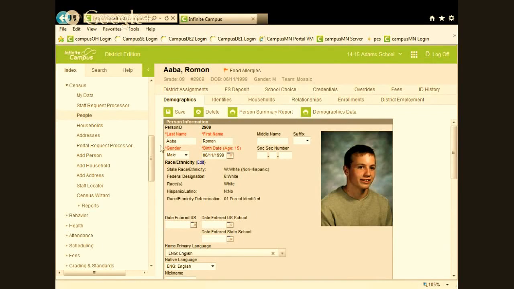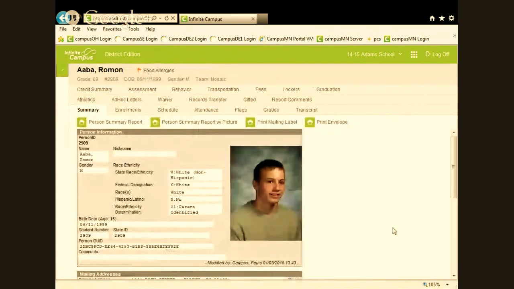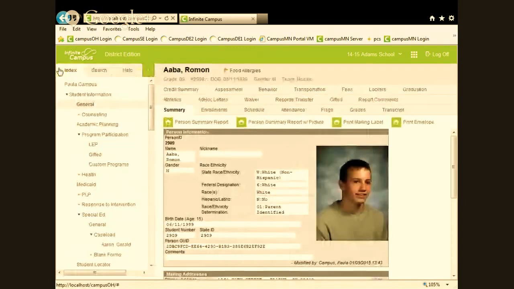Okay. The question that some of us had is, the screens look a little bit clearer or crisper today, or the tabs don't look as busy. I was wondering if they're on a different version or whatever. And Paula explained. The database that I have today, when we do testing and when we work with districts, we build a lot of custom tabs. And I took out all of the custom tabs so that what you were seeing were core Campus tabs of data that come with the product. What I know you saw last time was a lot of custom tabs that were added. So those are all gone, which is why it looks different. I took them out because I didn't want to have to deal with it.